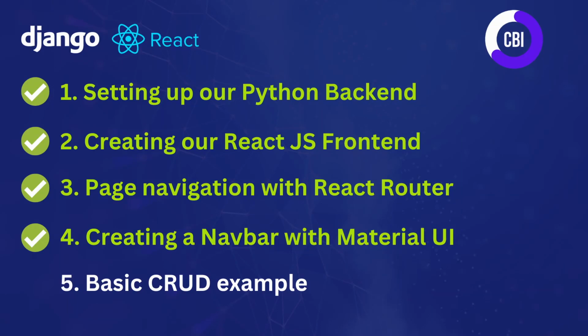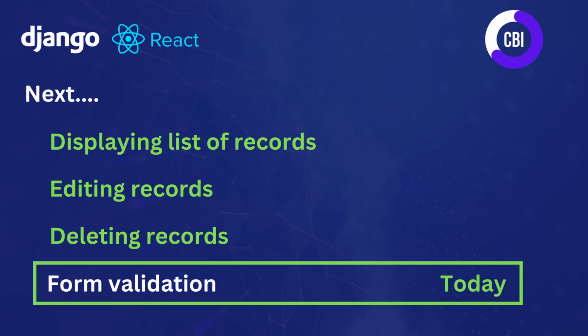In this tutorial series we're developing a full stack web application using Python Django as our backend and React.js frontend. This is not the first video in this tutorial series. We've already set up our Python Django backend and our React.js frontend. We've enabled page navigation using React Router, and we've created a navigation menu with Material UI. And next to that, we've also started a basic CRUD example where we are able to create, read, update, and